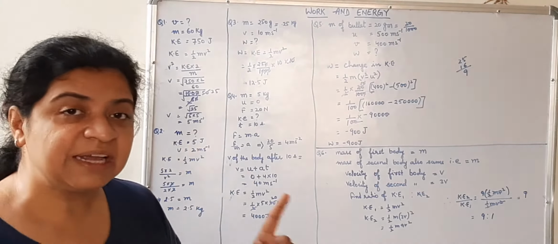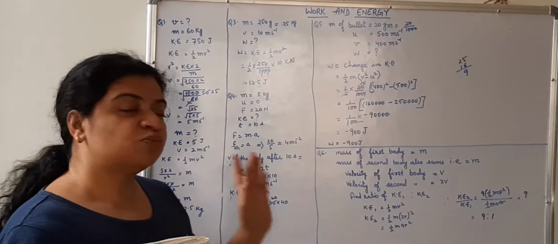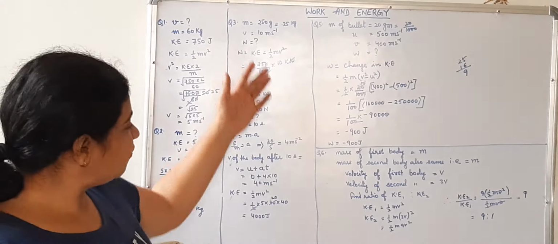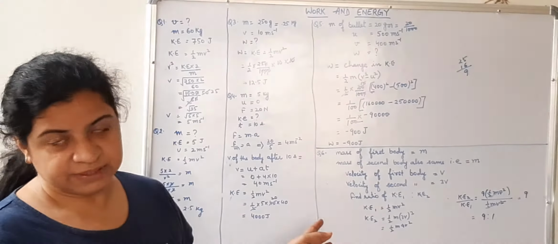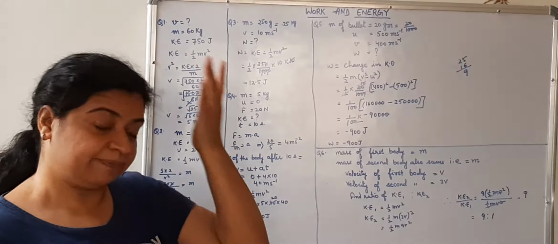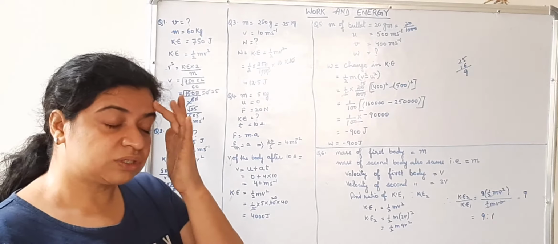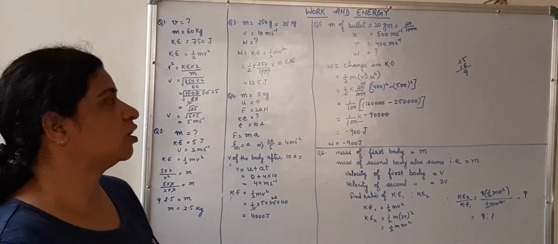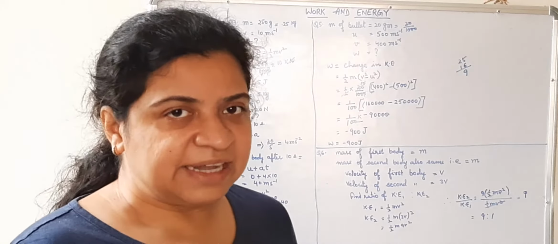See, in the beginning I had told you that Newton's equations of motion are very, very important. Everywhere in physics you are using those equations to get the answers. Whether it is the first chapter, and now we are doing the fourth chapter, we are using the same equations. Keep those three equations in your mind, and you will be able to solve the numericals. I hope till here it is clear to you.